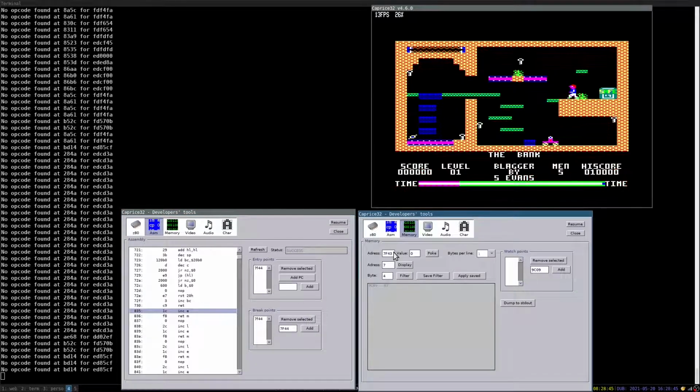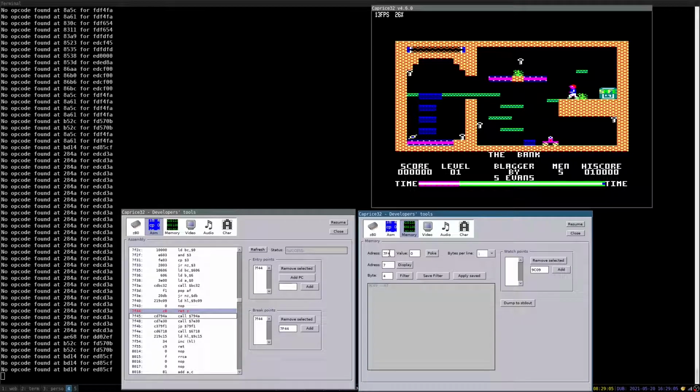So yeah, the screen was not refreshed, but at 7F44 we have this RET Z. So we will do the same thing. We will replace it with a NOP.